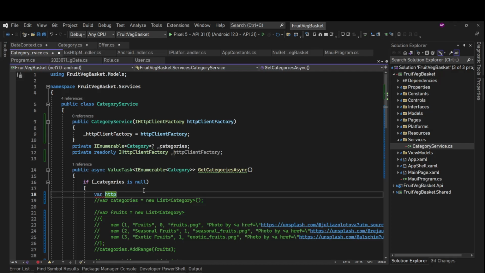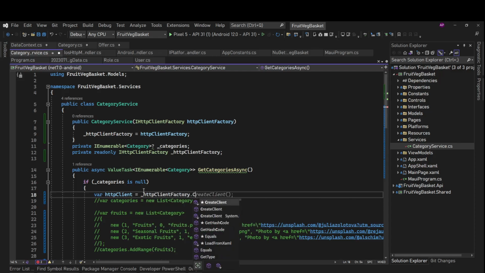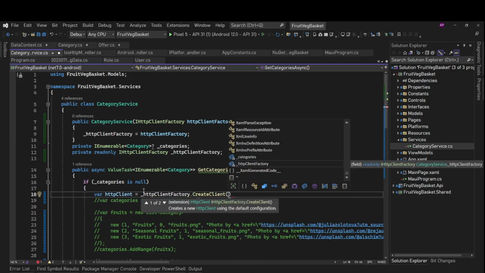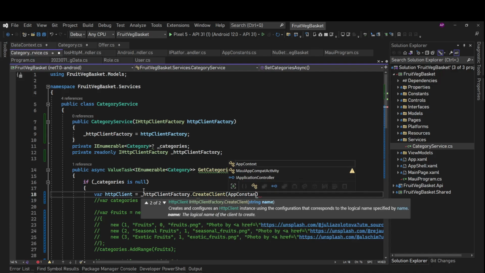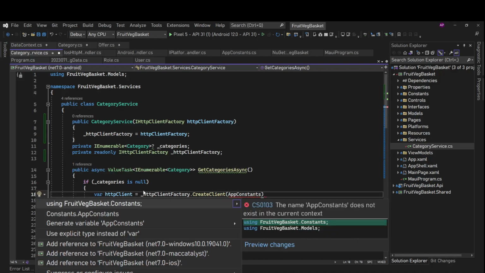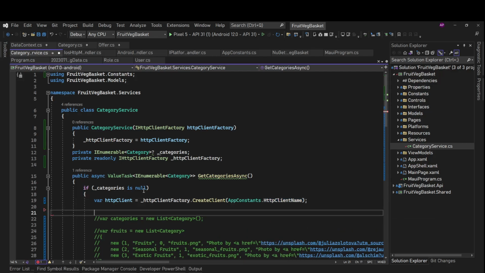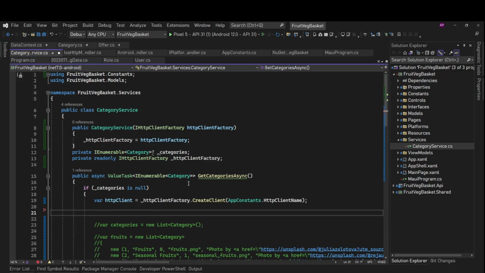First, we need to get the HTTP client, and that we can get from HTTP client factory dot create client, and we'll pass our client's name, and that we can get from app constants dot HTTP client name. So now we have our HTTP client, and from this HTTP client, we can simply connect to our API basically.